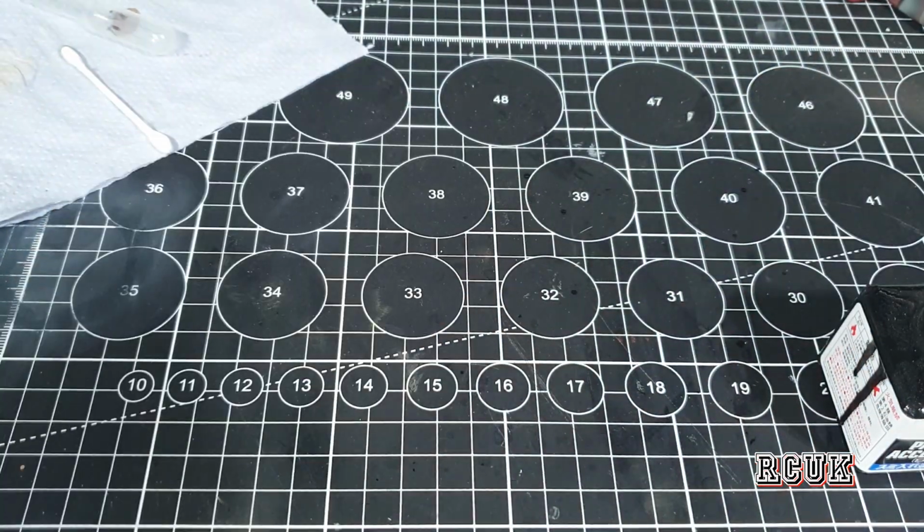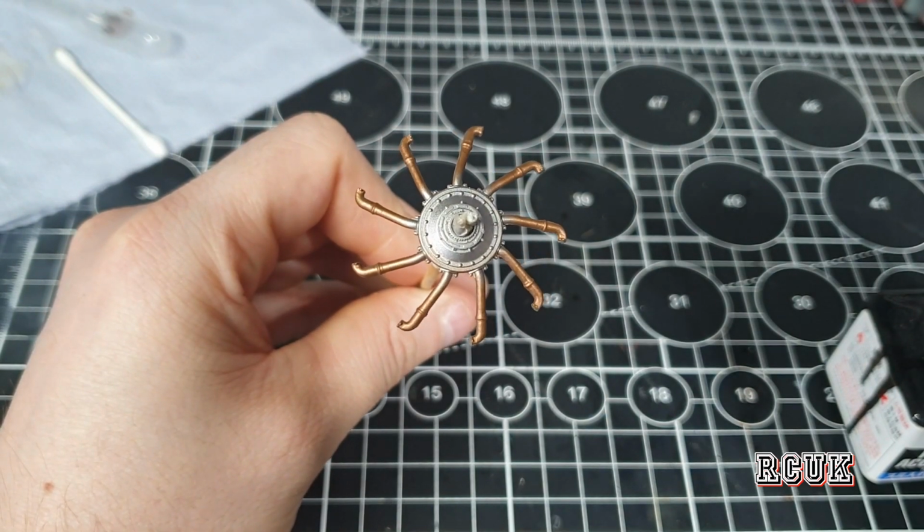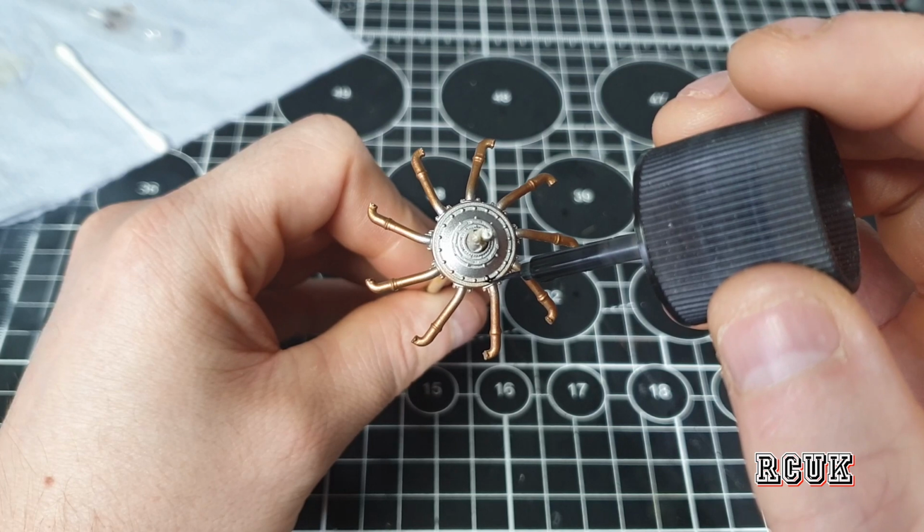As well. Also don't forget the exhaust parts, which are these. So again,